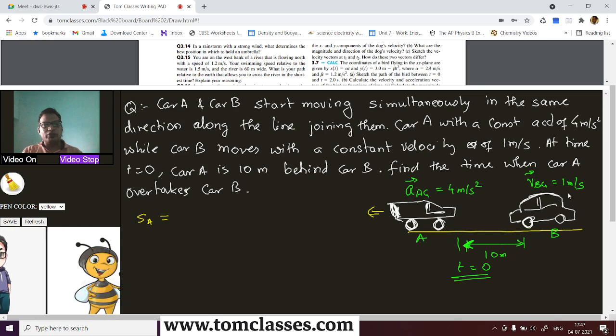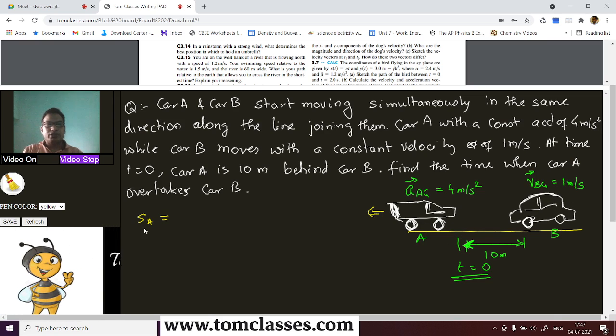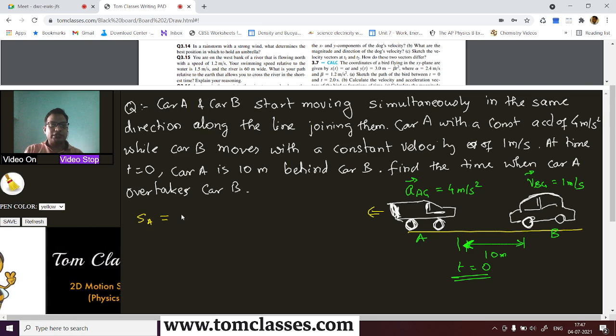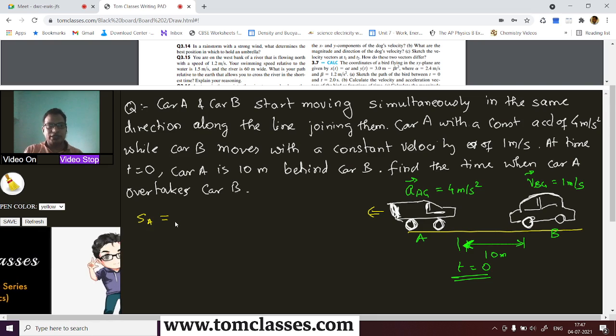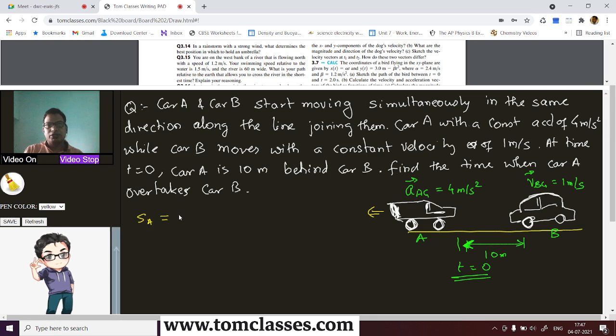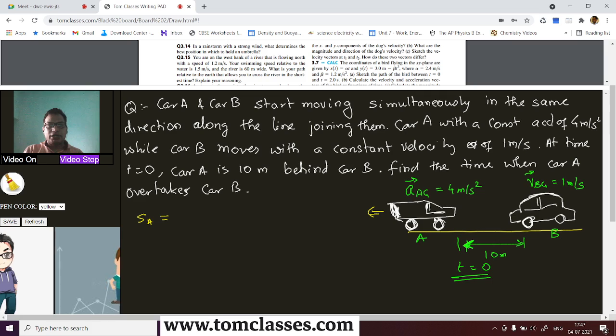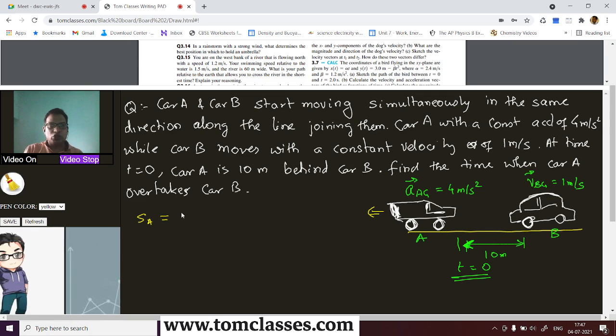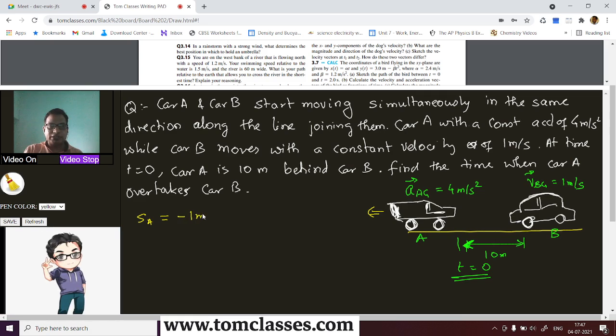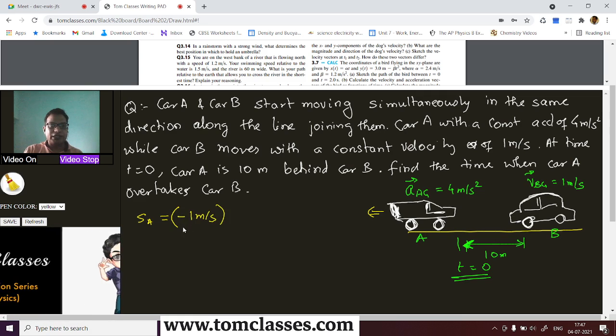If this is moving with 1 meter per second, here we are going to consider the relative velocity, right? We have seen this in the police and the thief case, or criminal case. This is relative velocity. So this is going to be 1 meter per second, and this is, we don't know, so it is going to be minus 1 meter per second. That is the relative velocity it will have.